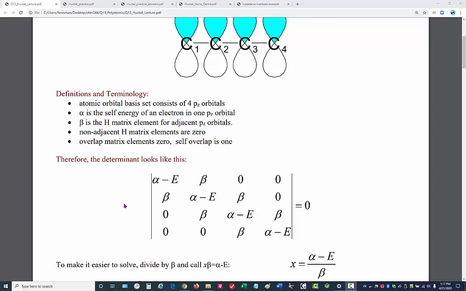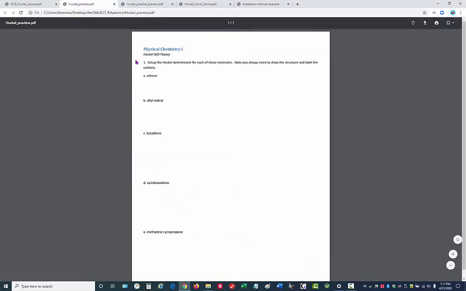Now, at this point, I think it might be useful to just do some practice with this, right? Before I go on and solve this and show you the results for butadiene, let's take a look at some other molecules and see if you can't construct the determinant matrix using these rules. The practice that I suggest is available on Canvas. You can download this. But here are 5 practice problems. Well, one of them is already one that we've just done, so you really only have 4 of them to do. But if you want to try this now,